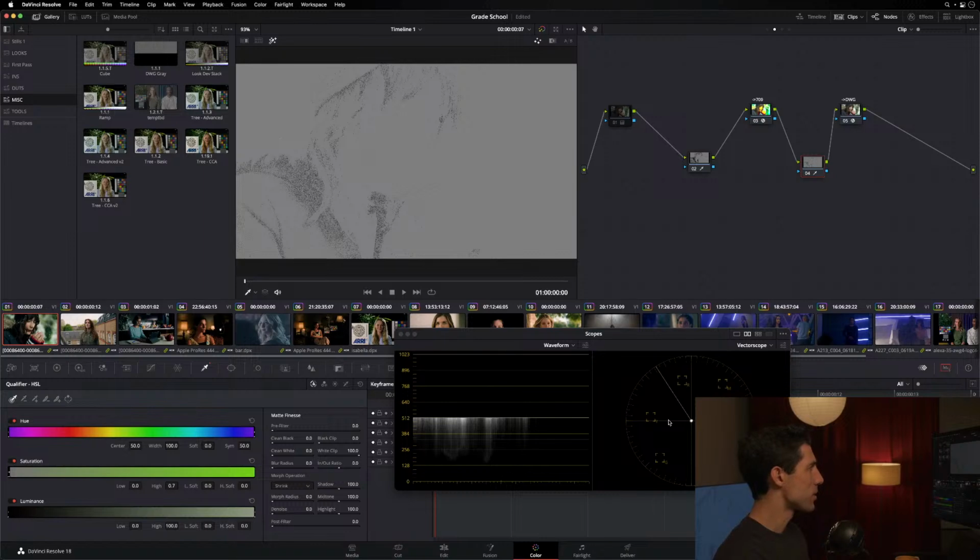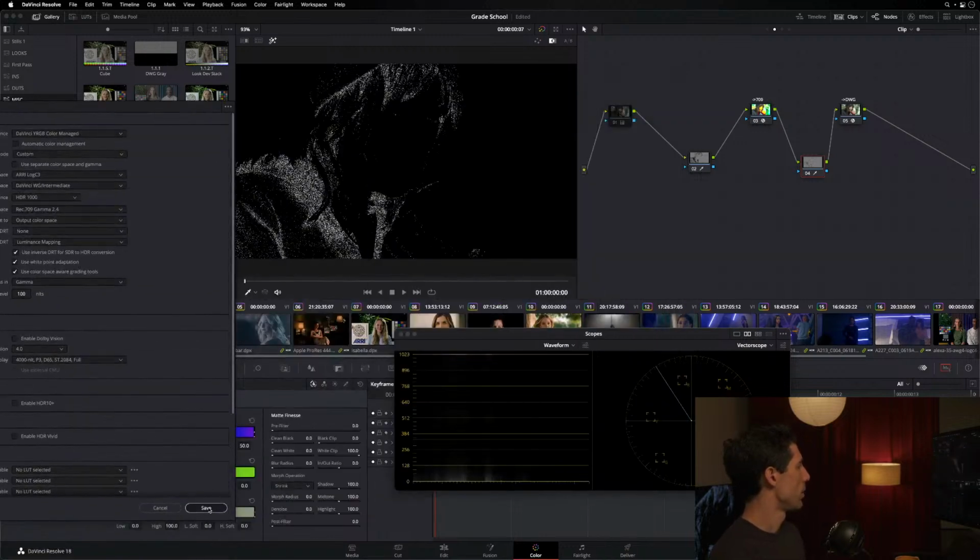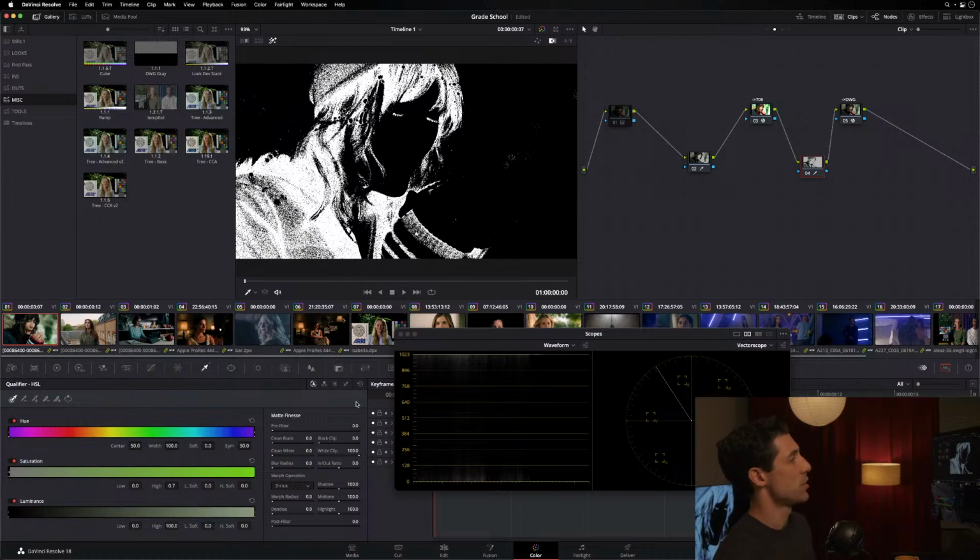And it doesn't actually look like the matte itself is changing. Let's go to the highlight, the black and white mode here, and try that again. So we're here. No, that actually is changing. So what does that mean? What does that tell us? I think what that tells us is,